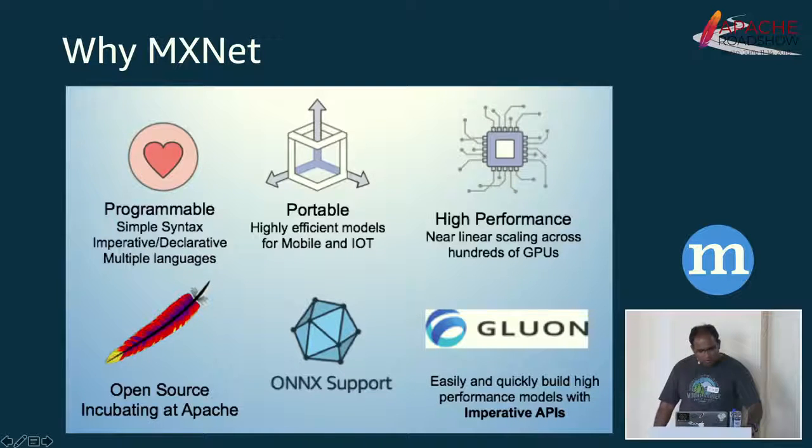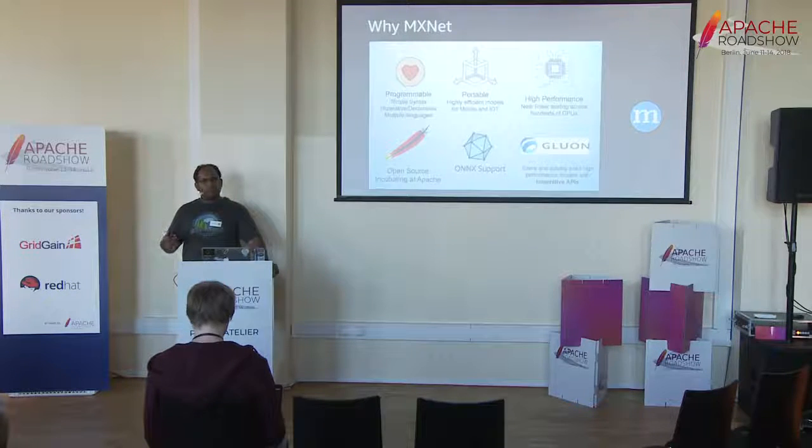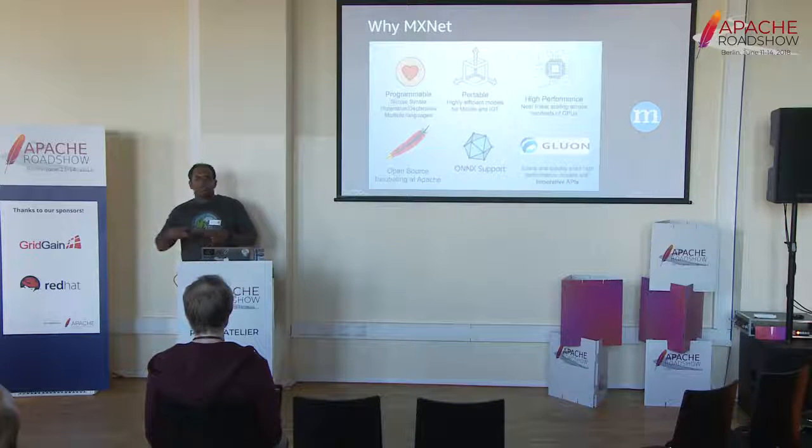Then there is ONNX support. How many of you know what ONNX is? There are many awesome deep learning frameworks, but once you start using them, all your intellectual property is embedded in the model that it creates. Now you're stuck to the framework. If you wanted to move to another framework, there were no options. So this is an open source initiative by Amazon, Microsoft, and Facebook to come up with an interchangeable model format. So you can do training on one deep learning framework like PyTorch and bring it onto MXNet and run it here.